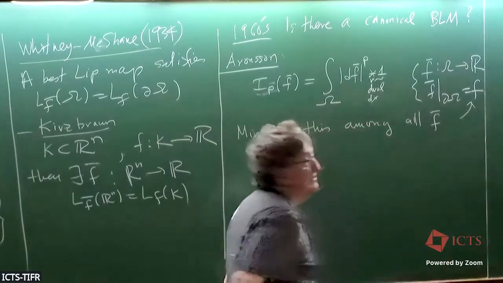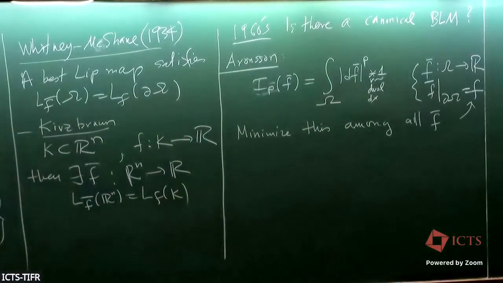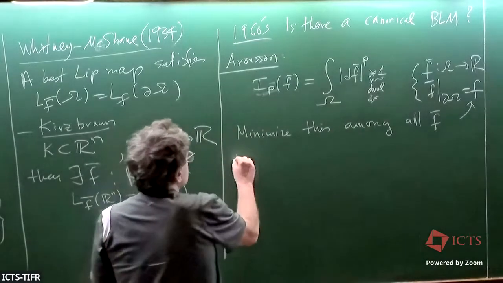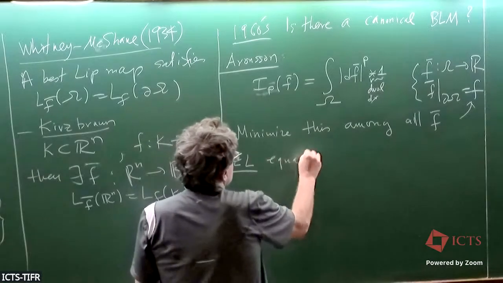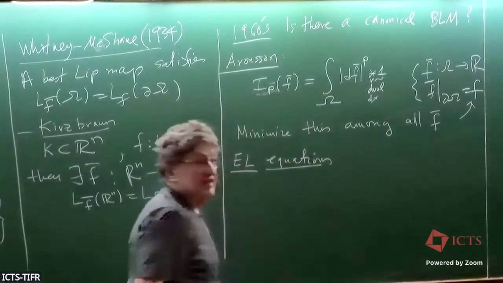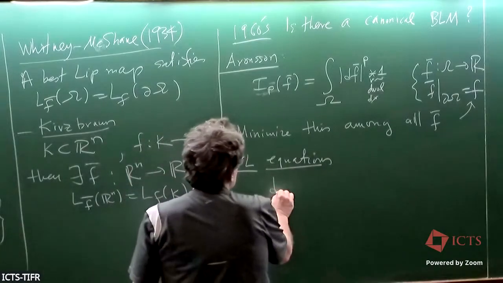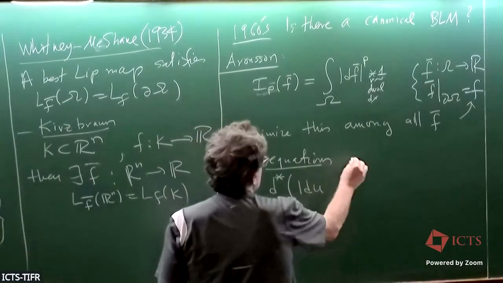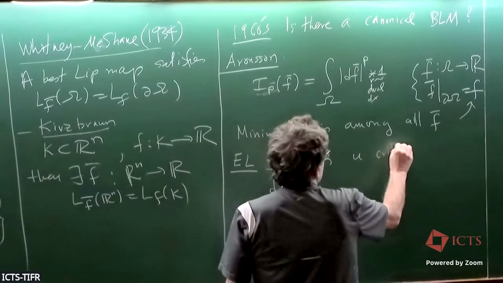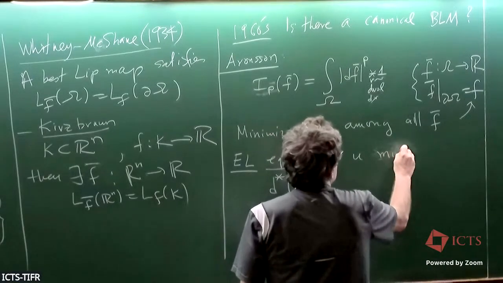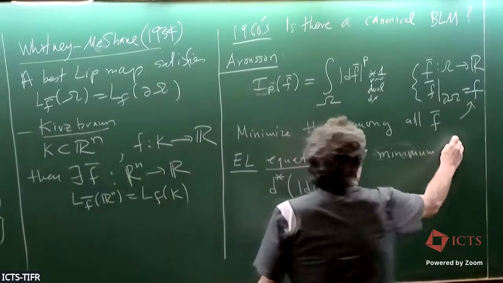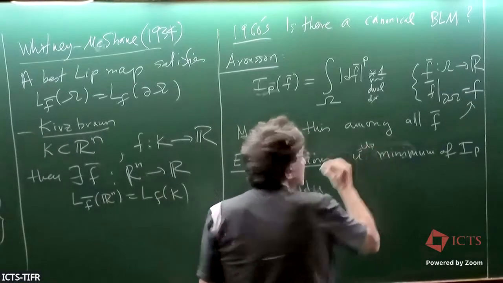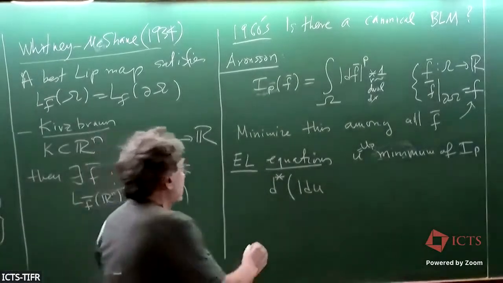Like this one's. Okay, so you can compute very easily what the critical points are. The Euler-Lagrange equations are very simple to compute, and you can write them in two ways, either the d star of d. So in other words, U is a critical point, or minimum actually, there is no critical point. It's a minimum of I_p, and actually U equals something like U_p. Usually I'm going to carry the p around, right? If it satisfies this